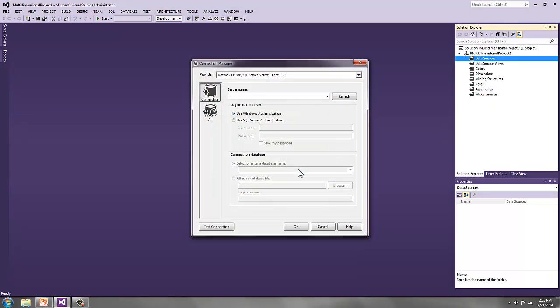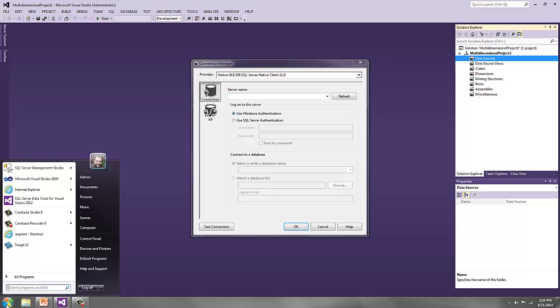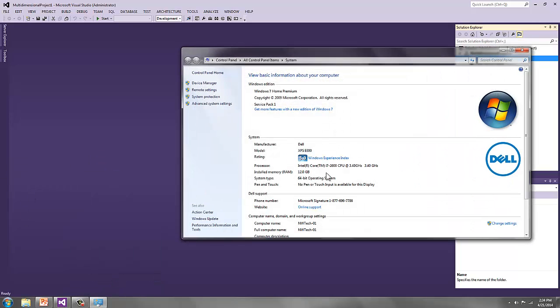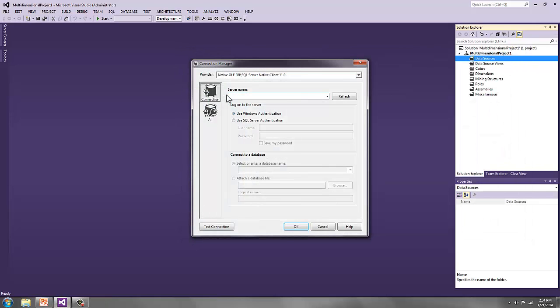Hitting the New button launches a new wizard, and the trick is to type in the name of your server. Now, if you know the name of your computer, you can just type in your computer name here. You have to be kind of mindful of this though, because there's a number of options. First, you can find out your computer name by right-clicking and going to the Properties sheet on your Start menu. In my case, it's Northwest Tech 01. That's my computer name. So I could type in Northwest Tech 01, and that would be appropriate. That would tell you to connect to my own server. However,